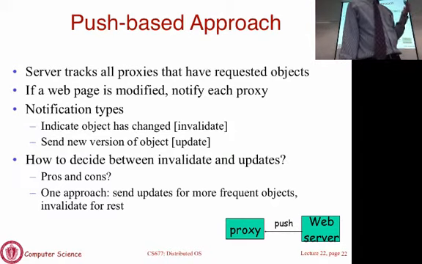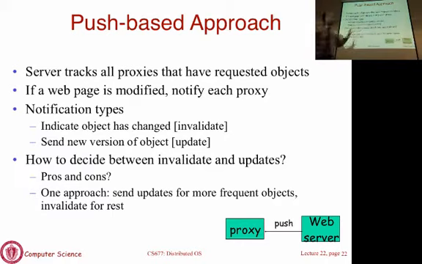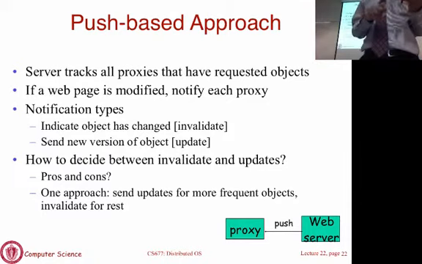Even if you see more reads than updates, you have to weigh relatively how many reads there are. If it's very popular, very frequent, you are okay sending an update. Otherwise, invalidate is always a safer bet. Now, I should mention that push-based approaches are not part of the HTTP standard. HTTP doesn't say anything about caching at all. So all of this cache consistency has to be layered on top and it's separate. As a system designer, or somebody designing a web proxy cache or a server, you have to decide how to implement these schemes.